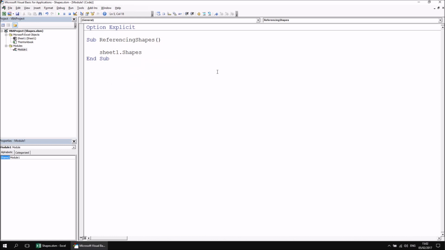Now, just referring to the collection itself doesn't particularly do anything useful. Let's do something quick and simple, like let's show how many shapes we've drawn on sheet 1, or how many shapes belong to sheet 1 already. What I'm going to do is pop up a simple little message box that shows me the count of shapes in that collection. So message box